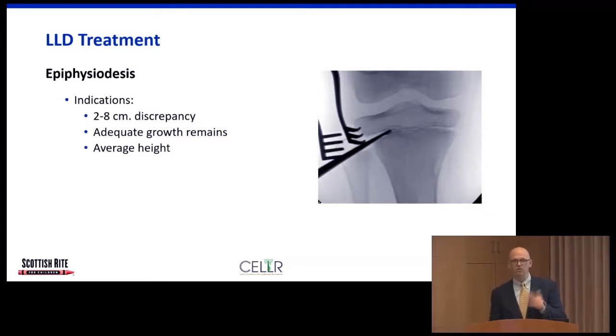And that's where bone ages of the hand and elbow come in to help us identify whether there's 2 years of growth remaining. And some people will say they should be of average height. Some people feel more strongly about taking their predicted height into account. Most of the epiphysiodeses